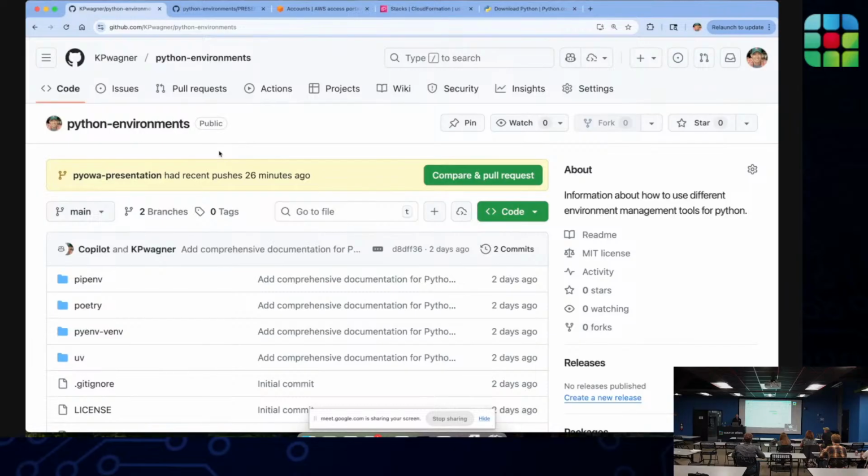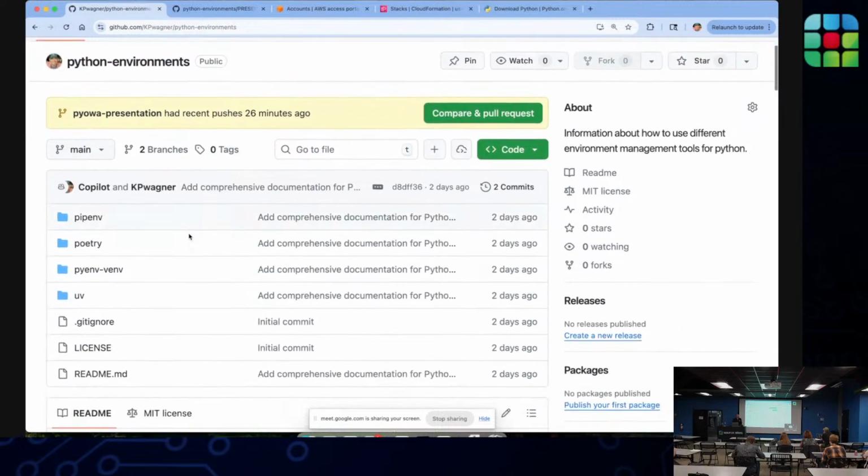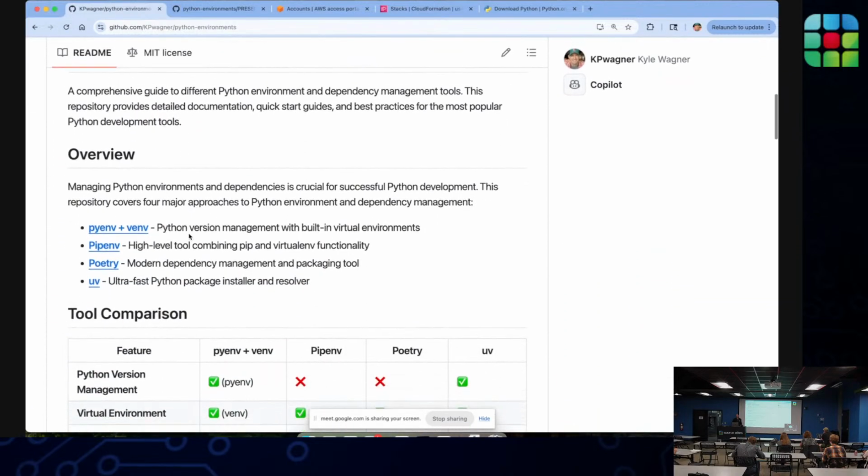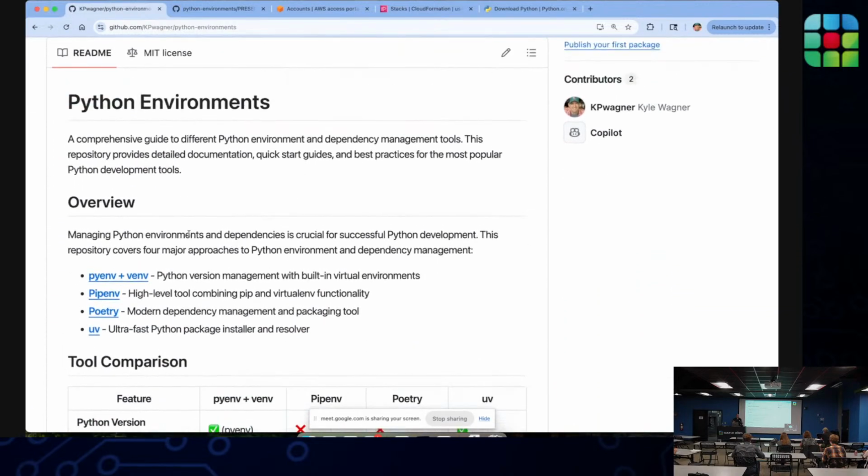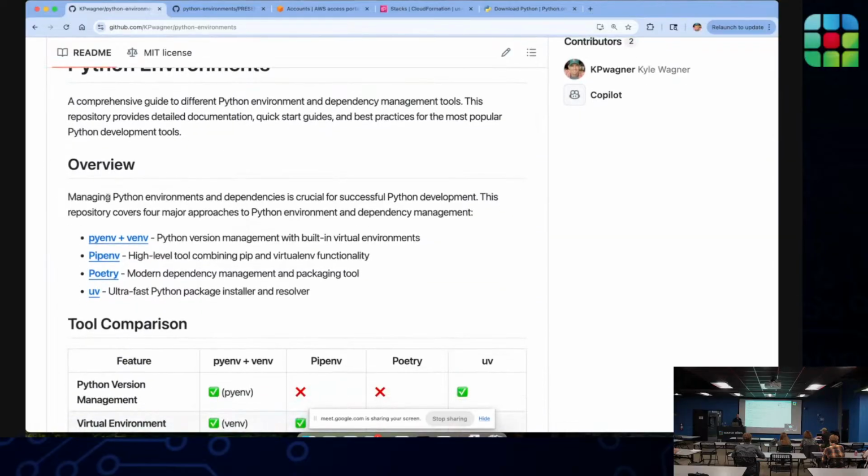I created this GitHub repo called Python Environments. It's available at github.com/kpwagner/Python environments. This might be a handy reference. It talks about some of the different environment tools, the ones that I mentioned in the agenda.